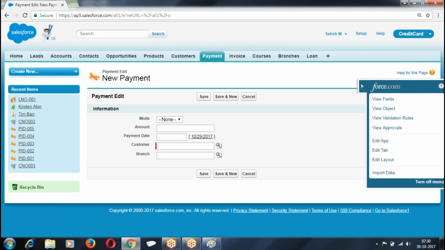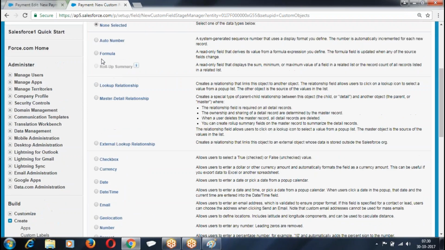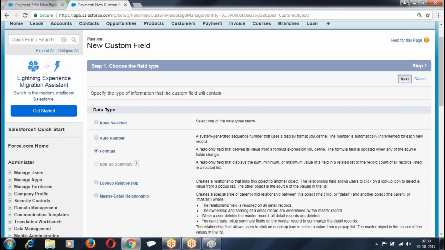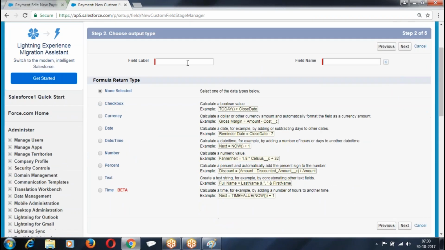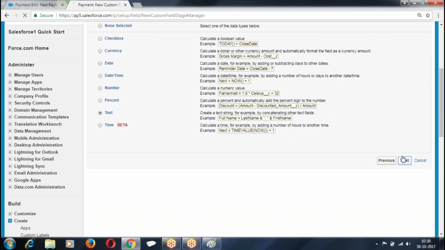Let me create a formula field, view fields, new formula. We have customer name. Then we have customer name is going to be text. Next.